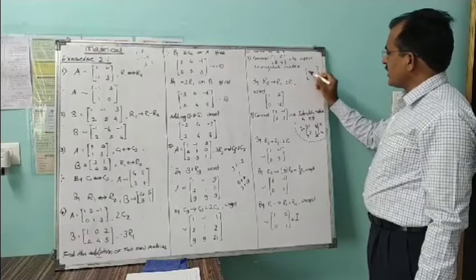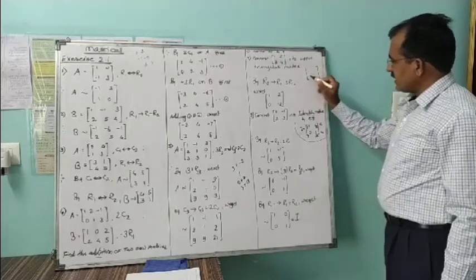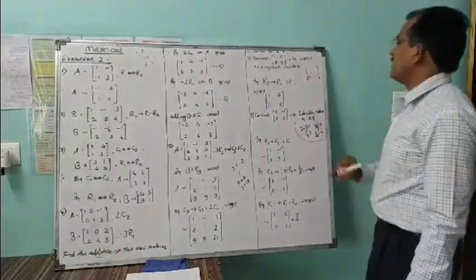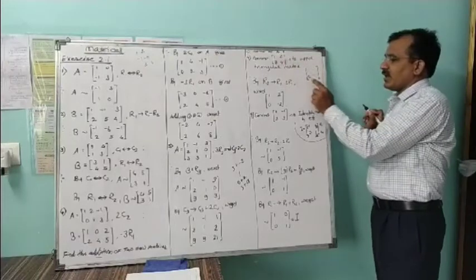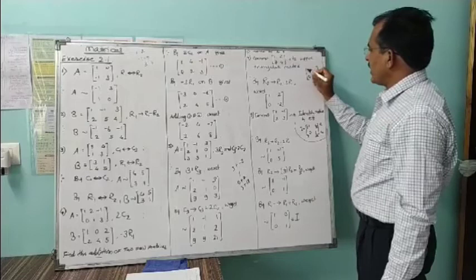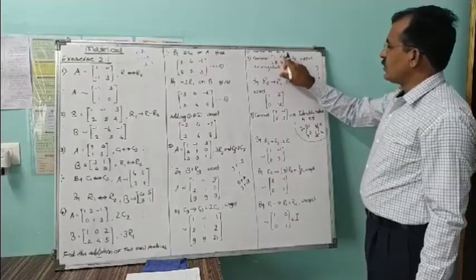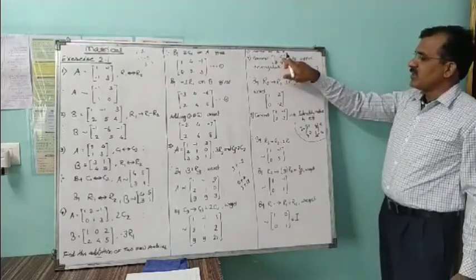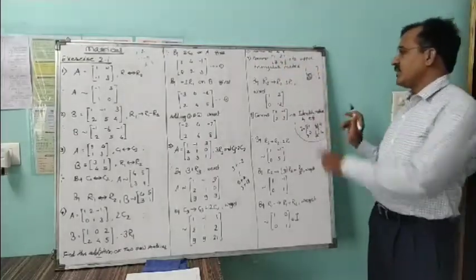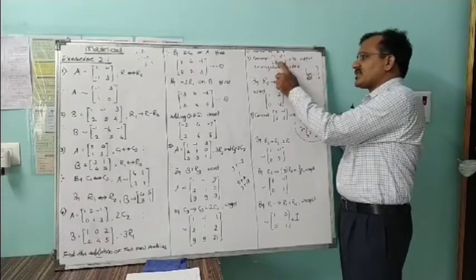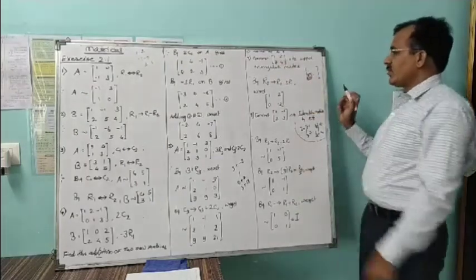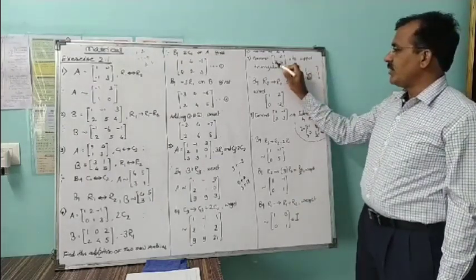So the principal diagonal has elements, but the element below the principal diagonal, that means of the 4 elements we have only 1 element below this diagonal, and on the diagonal we have these two, 1 and 4, and the non-diagonal element above the diagonal is 2. So our target is to convert this position into 0. The element below the diagonal is 3, and this 3 is to be converted into 0. So our target is to convert this 3 into 0.